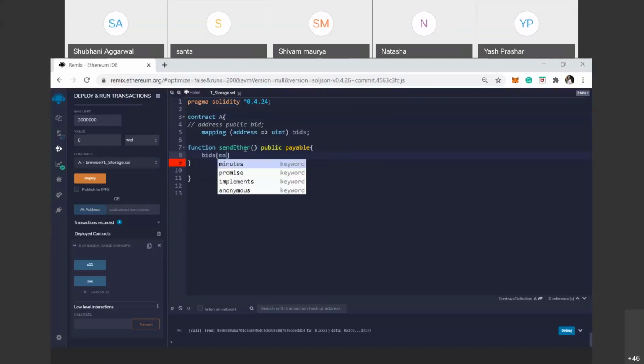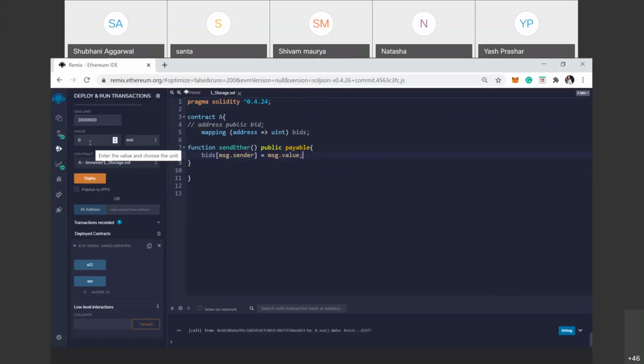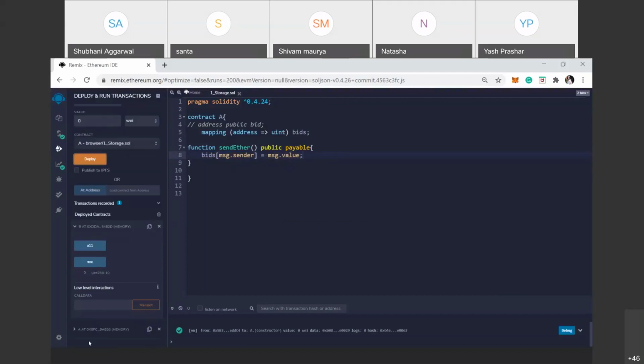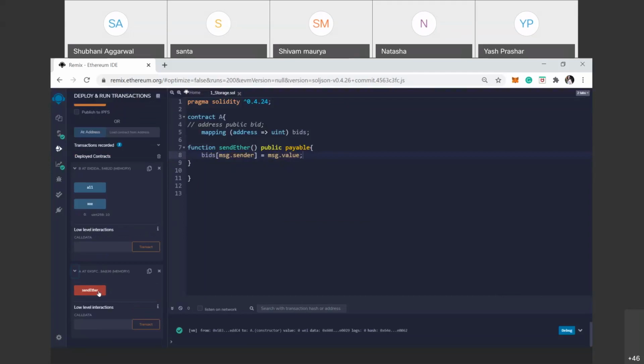Here we mention msg.sender, which represents the address of the sender who deploys the contract, is equal to msg.value. msg.value means the value that defines how much ether we want to send. Clear? So here we give the input in address form and want the output in uint form. When we deploy this smart contract, you can see sendEther.